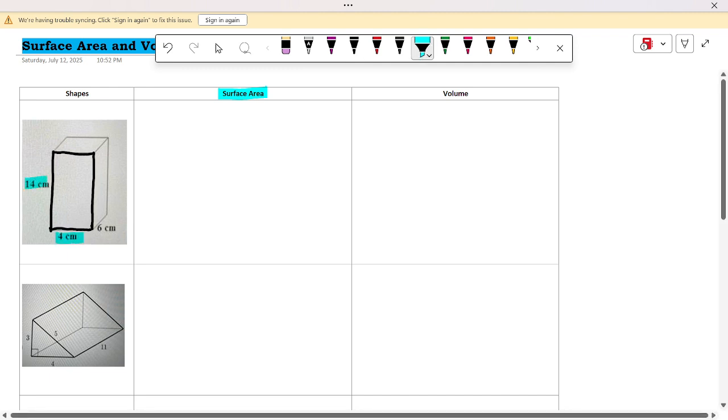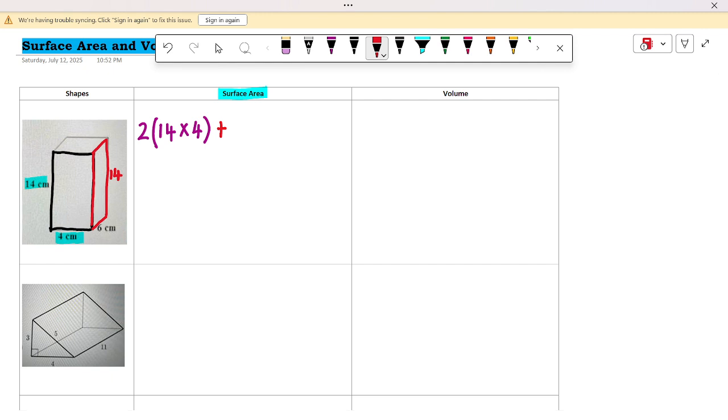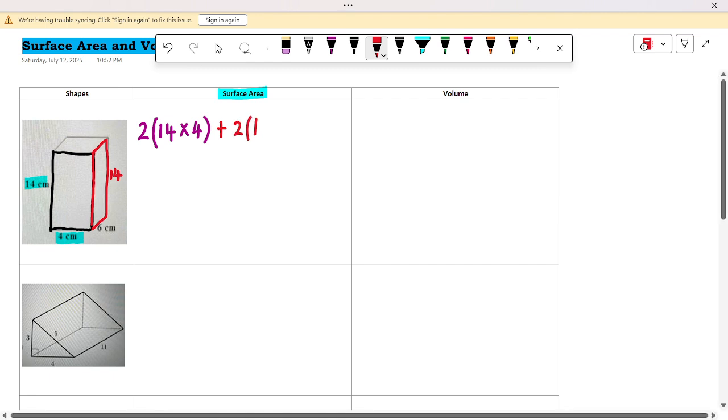14 and 4. And this surface is on both sides, front and back. So our first formula will be 2 bracket 14 times 4, as you have the shape front and back. Plus, we also can see our next surface on our side here, so here also will be 14. Our next rectangle has an area of 14 times 6, and we have both sides, right and left. So it will be two sides again, 14 times 6,